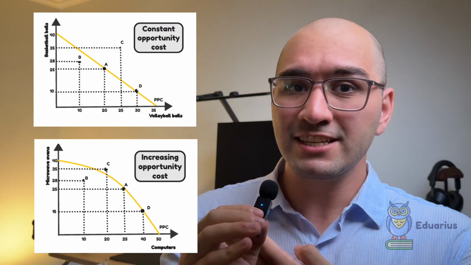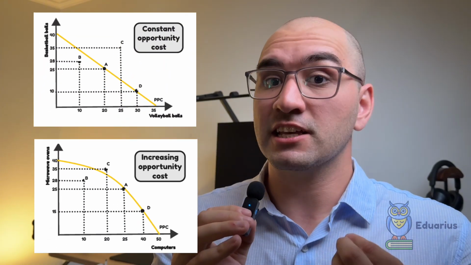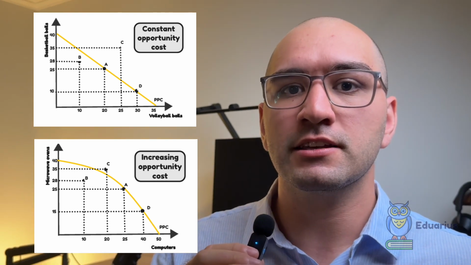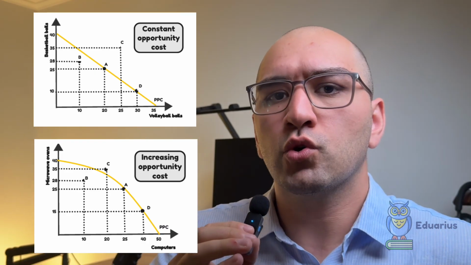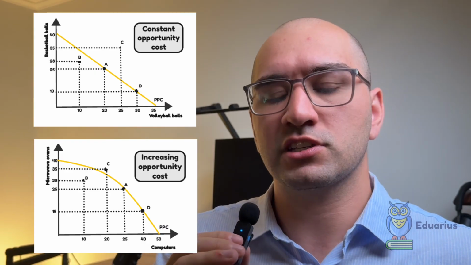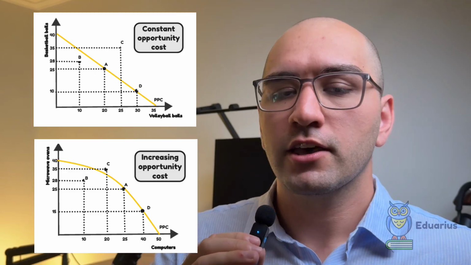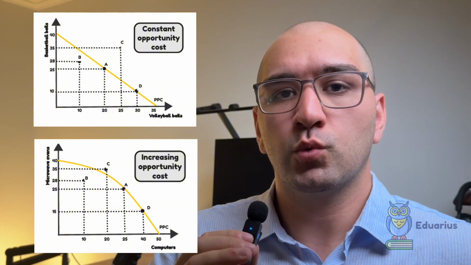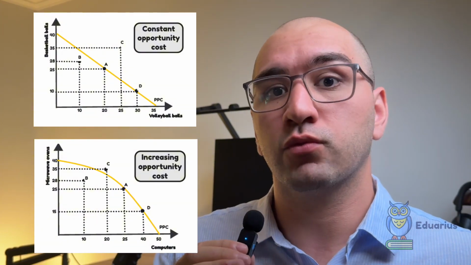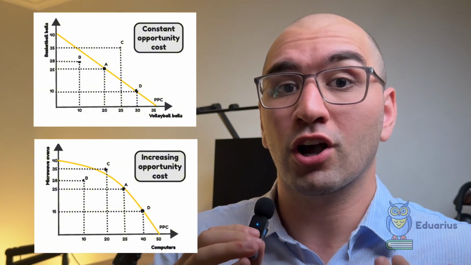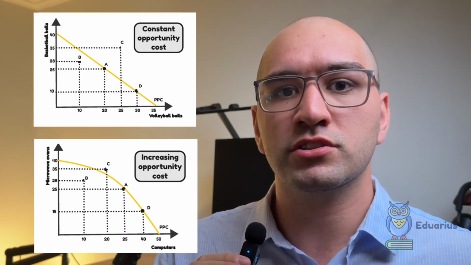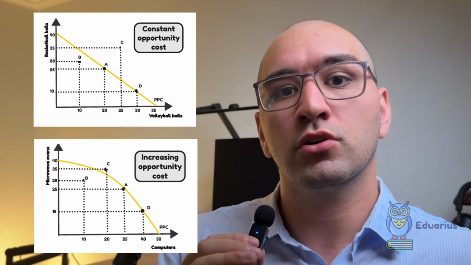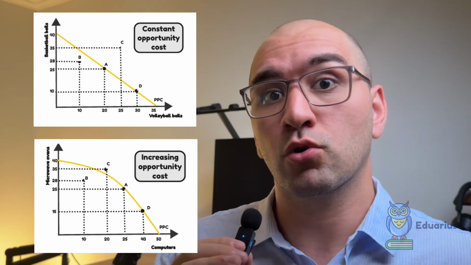Furthermore, looking at these two graphs, they have some differences. The first curve here is a straight line and the other is a convex curve. Why do we draw them differently? The answer is so simple: it is the opportunity cost. A straight line shows the opportunity cost equals 1. Actually, we can substitute equally one good for another one, and for the convex curve, opportunity cost is increasing and we substitute one good for another, but it can be more or less.